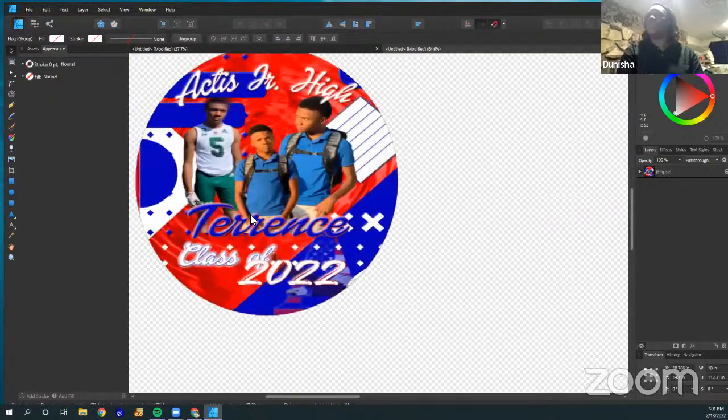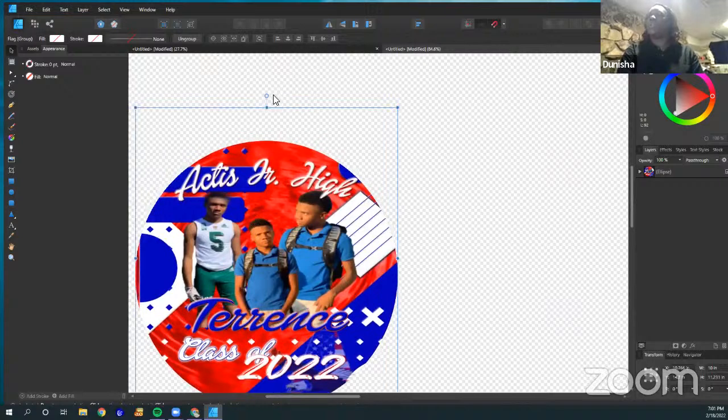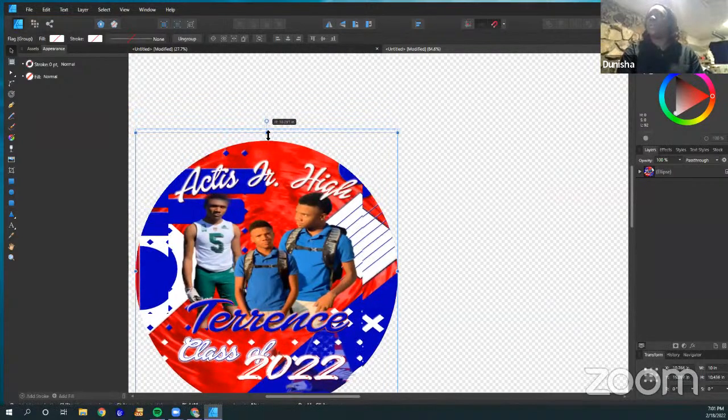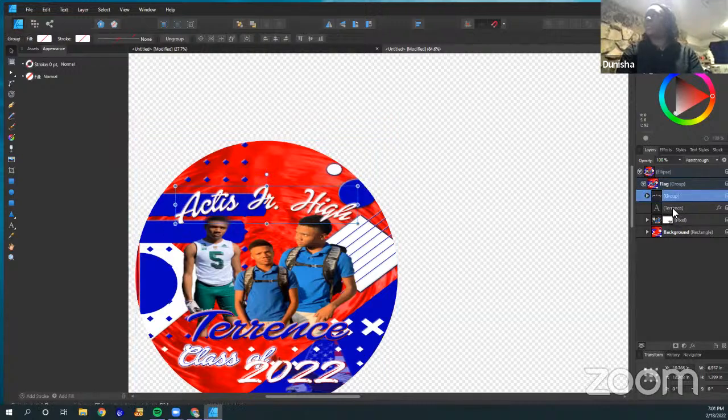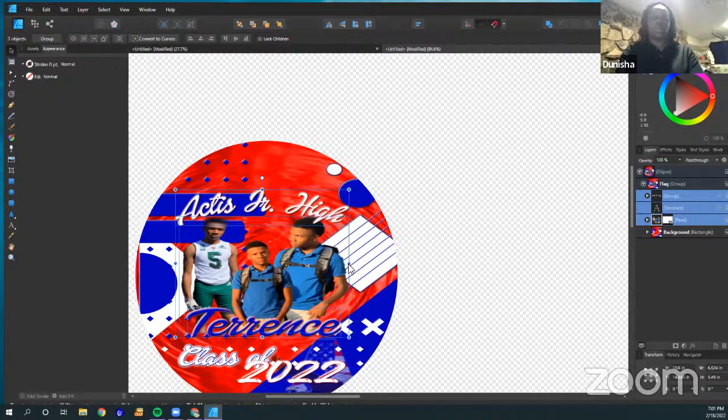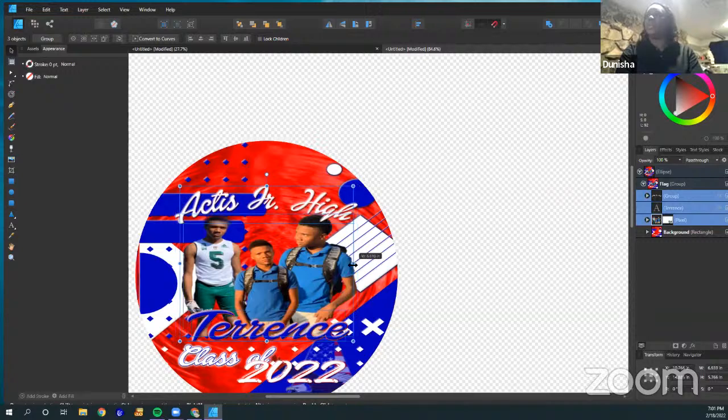And let me zoom in so I can see, because I'm gonna have to adjust the words and everything else because now he looks all stretched out. So let me grab his words, his name, and the picture. So basically I'm grabbing everything except for the background. And I'm just gonna make those a little, whoops, a little thinner.